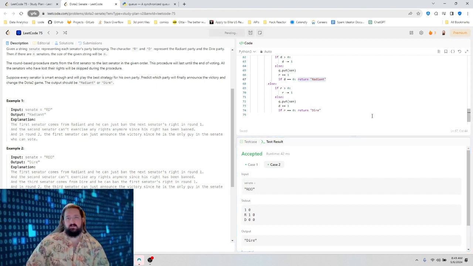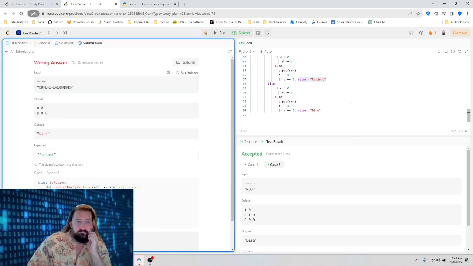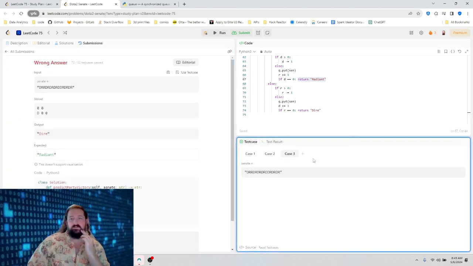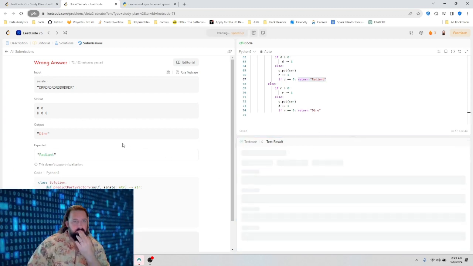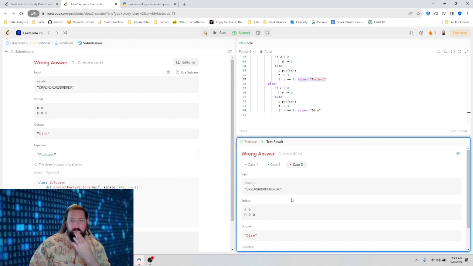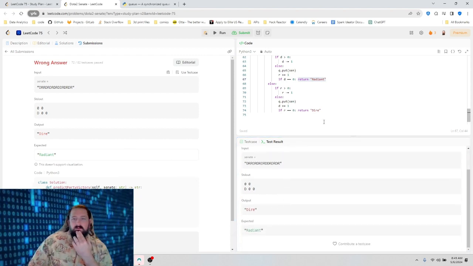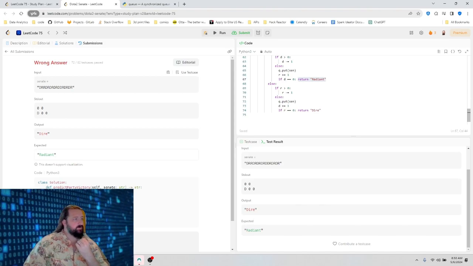That worked. Submit. Nope. Use test case. Okay, this is going to take a while to troubleshoot, so thank you for joining me. I'll let you know how it turns out.